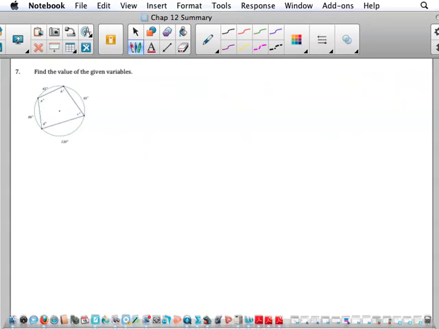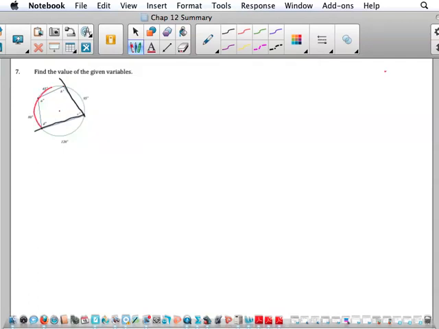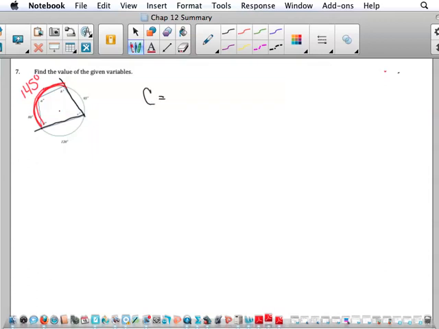Number 7 says find the value of the given variables. So again, when you look at this, there are a couple things that you should remember. The inscribed angle, so this is the inscribed angle, is half the measure of this intercepted arc. What's that intercepted arc? 145 degrees, because it's the sum of those 2 arcs. So that means that C is 145 divided by 2,